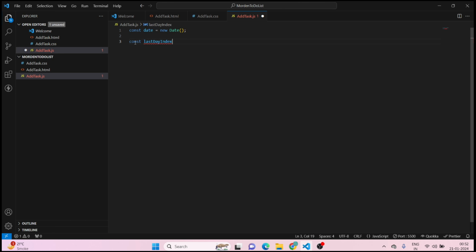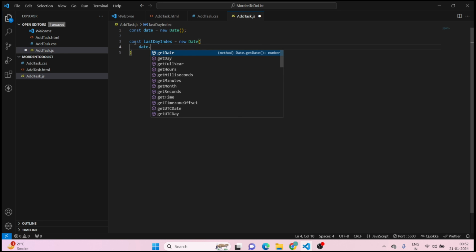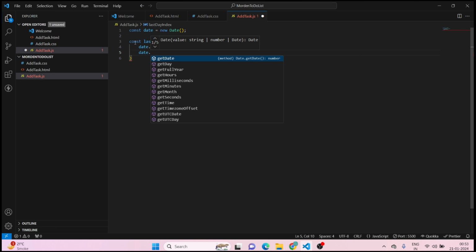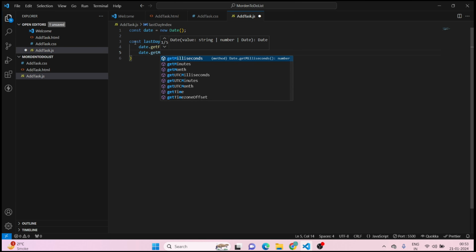This will be the index of our last day. So this new date, inside this there will be a date dot get full year, date dot get month,